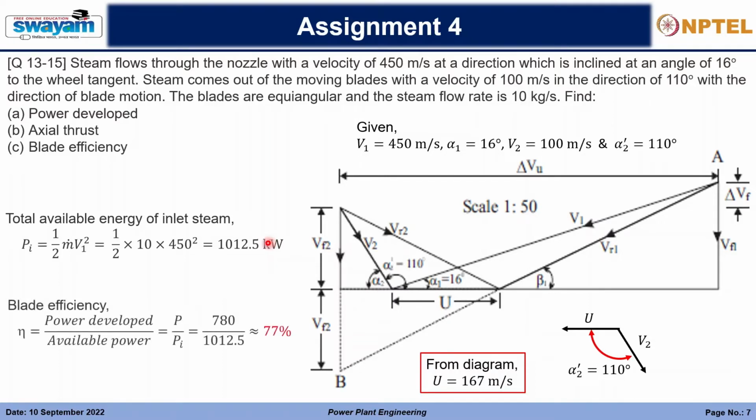So we'll simply take the ratio, and this is the total percentage, 77% of the total inlet steam which has been used for driving the work. So the blade efficiency is 77%. Okay, so from this we have covered the problems which were present in assignment 4, and